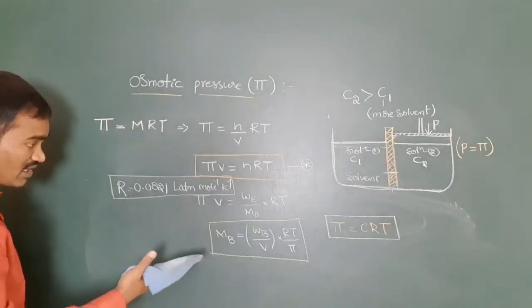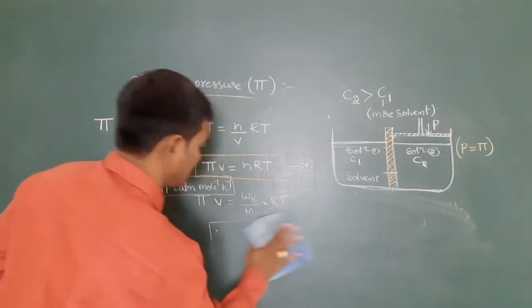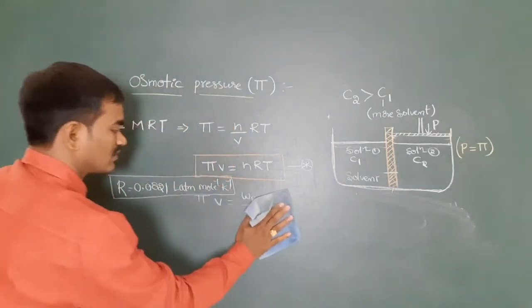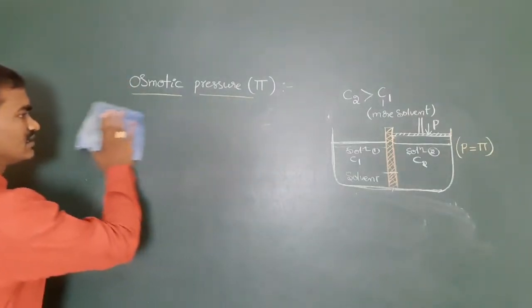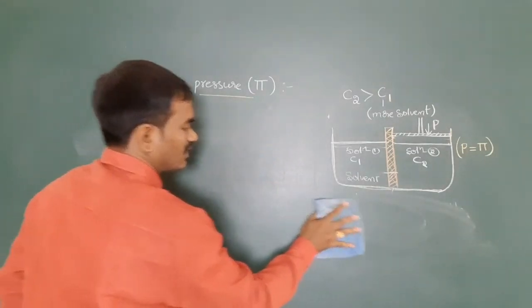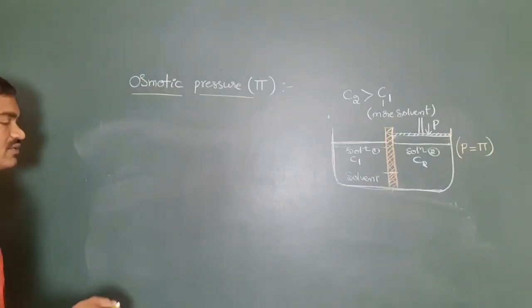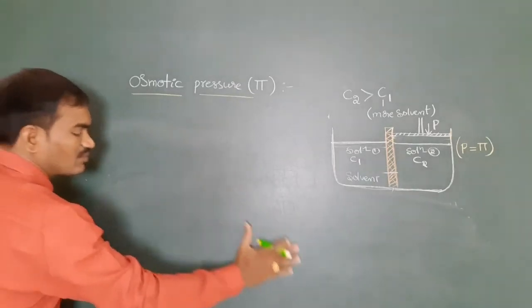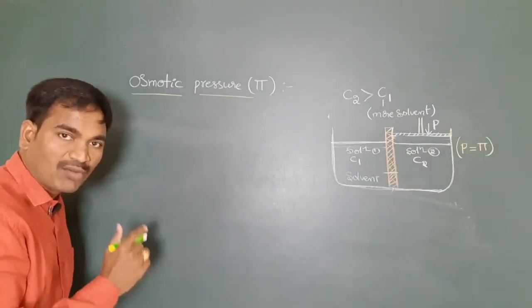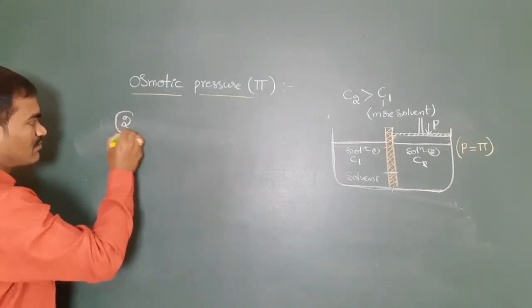So now you take osmotic pressure. After that, some cases are there. We have to have clarity on those cases. Is it clear? Any doubt in this? Take it down, all of you. Right. Now the next step we are going to discuss: all these formulas are useful to solve problems. Now you see the next case, case number 2.